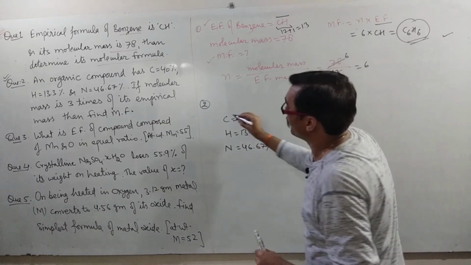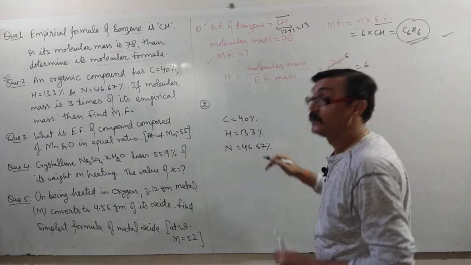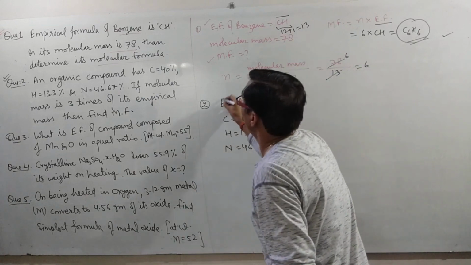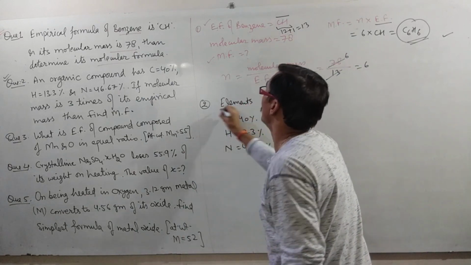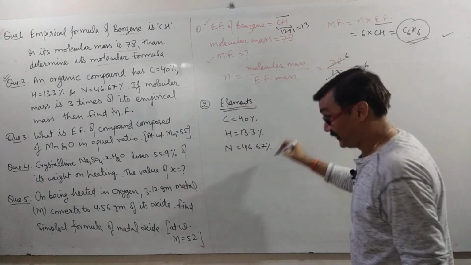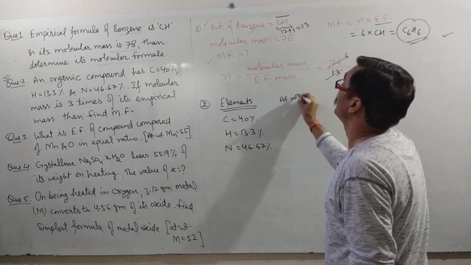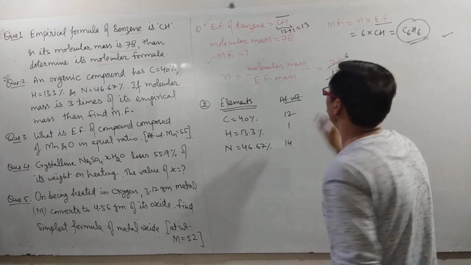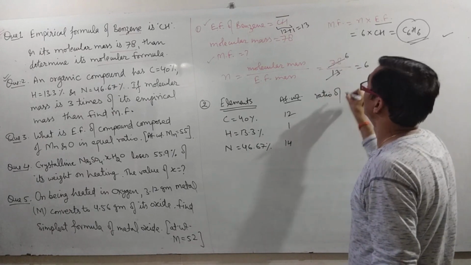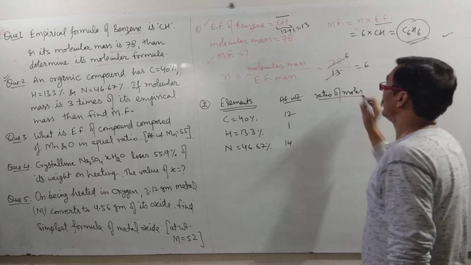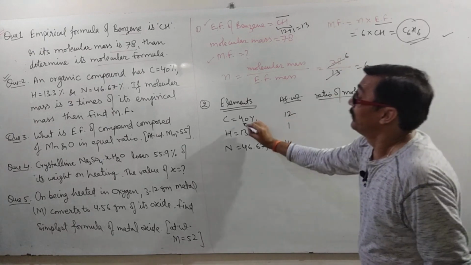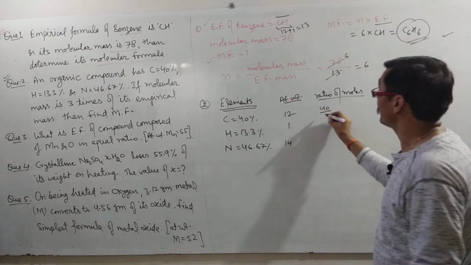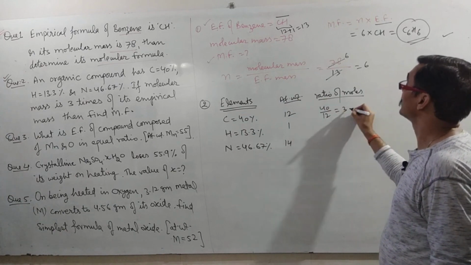So, to find the number of moles from their mass percent, we have to divide the percentage by their atomic mass. So first of all, list the elements or components of the molecule with their percentage. Atomic weight of elements: carbon is 12, hydrogen is 1, nitrogen is 14. So the ratio of their moles is mass divided by molar mass, or in case of elements atomic mass: 40 divided by 12, it is 3.3.